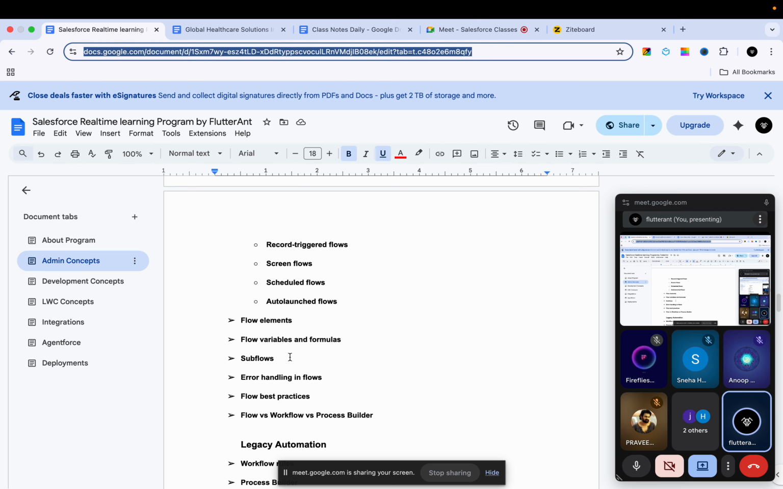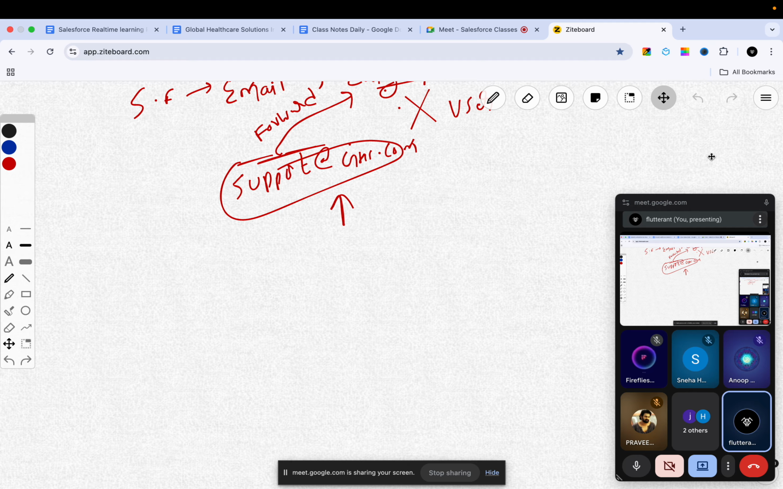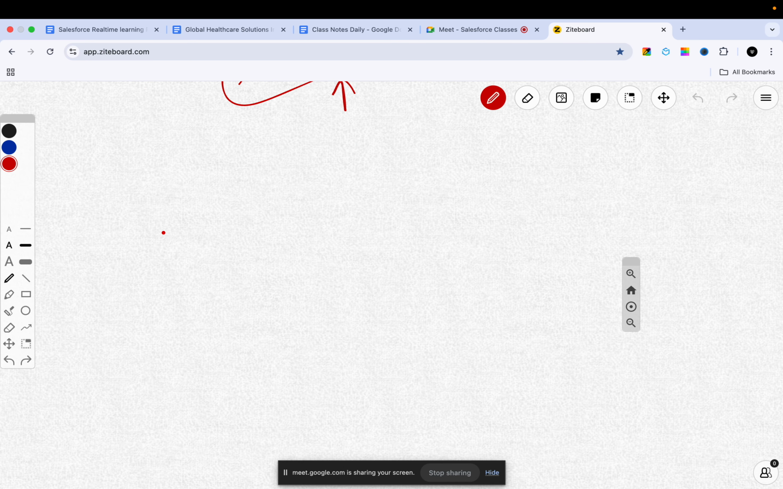Okay. So let's see what is approval process in general terms, not in Salesforce, in general. Let's take an example in an office scenario. For example, I need a leave, I'm working in a company. We have a team, right? So every team we are having the